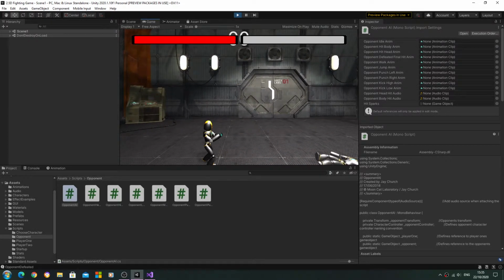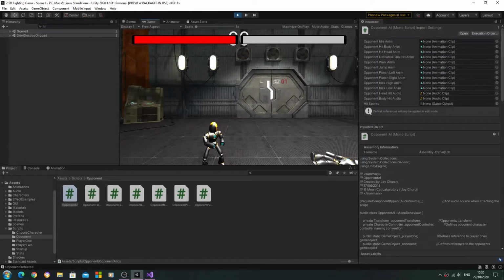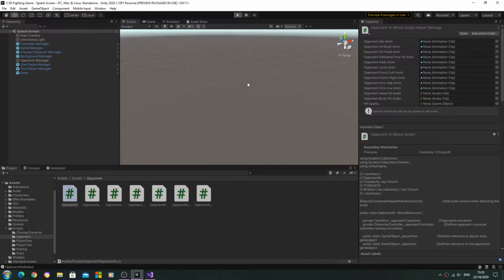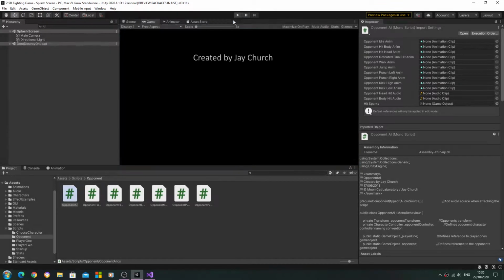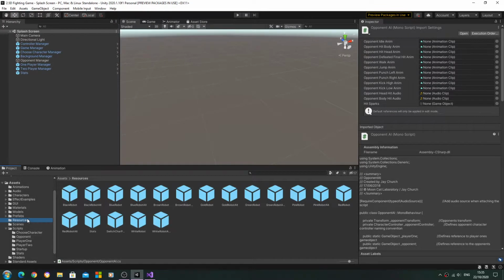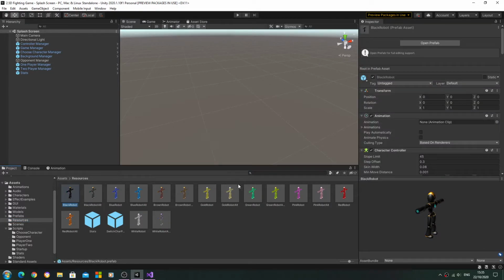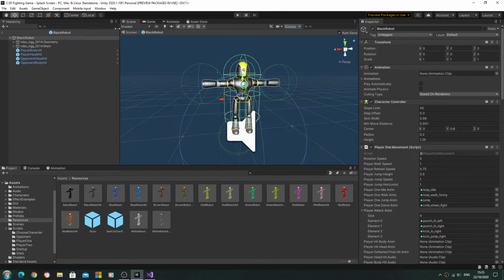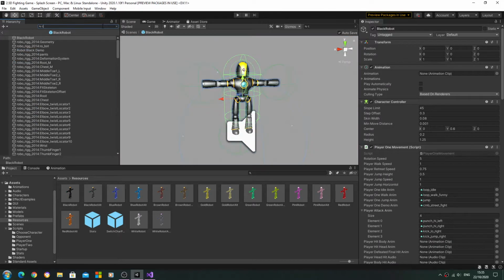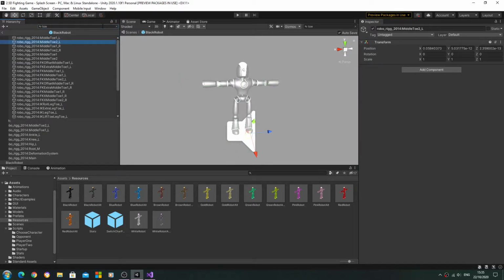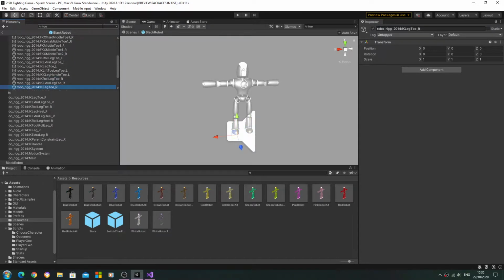But we also have an issue with it actually double hitting. So in fact, we'll come to the resources now. I don't believe this is what's actually causing the problem, but it is something I do need to change anyway. So I'm just going to find